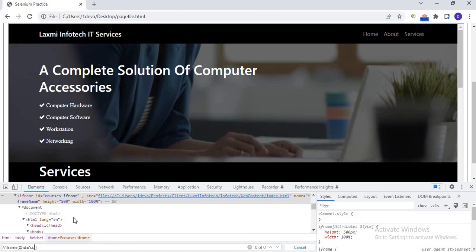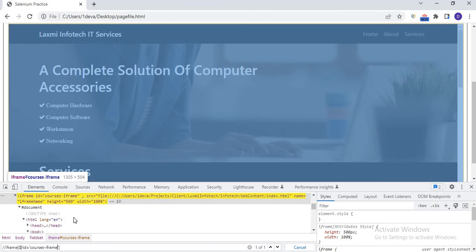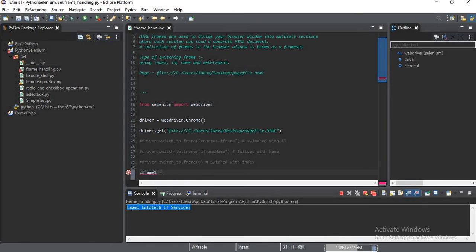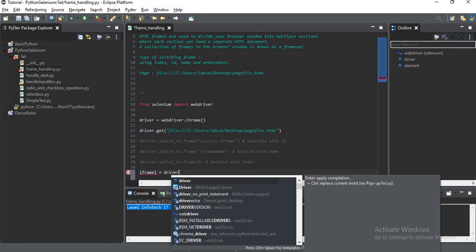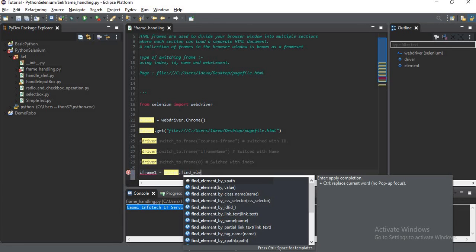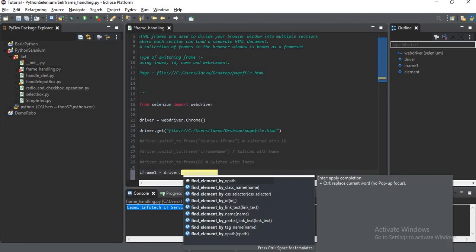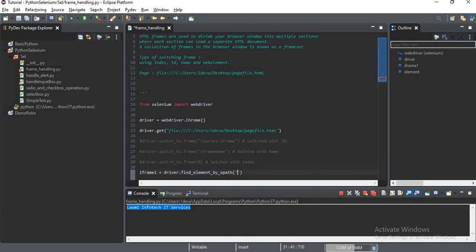Courses iframe. So I am finding one element here. We will find this element: iframe1 equal to driver dot find element by XPath,